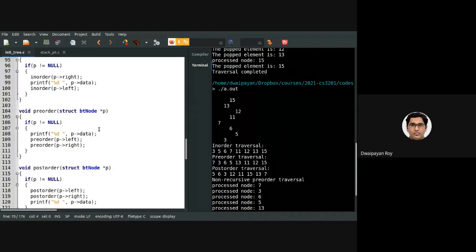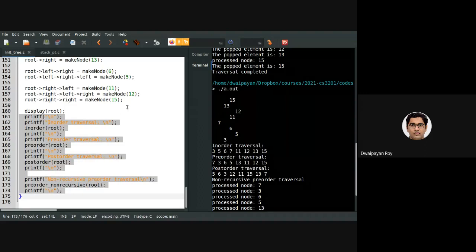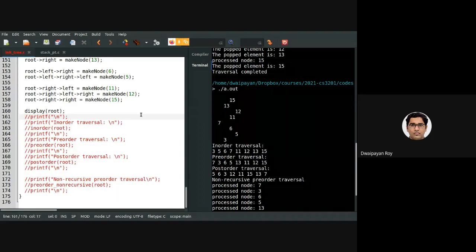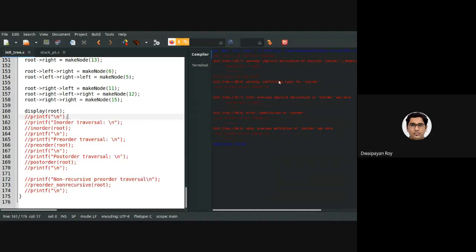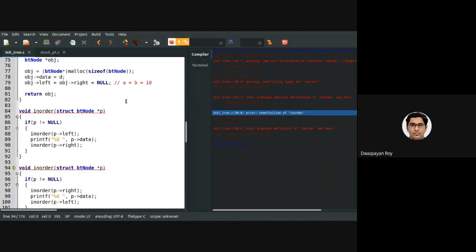Okay. Now let's call this display function, and for the sake of clarity, let's comment this out. Now, if I compile this, there are some warnings or errors as well. Error redefinition of, oh, okay.